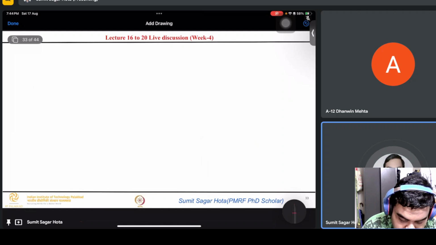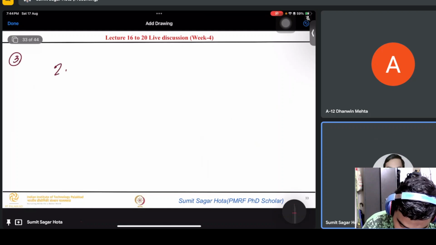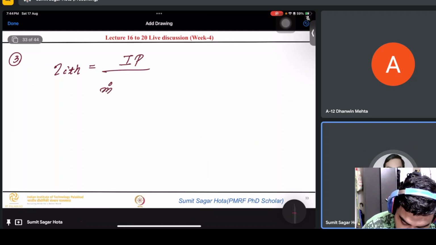Next we find out the fuel consumption per hour. For that we need the efficiency. Efficiency is indicated power divided by m dot f into calorific value. So 25 kilowatt divided by